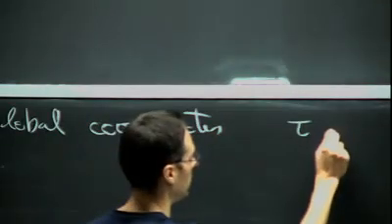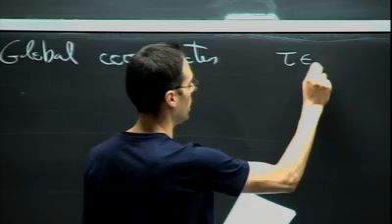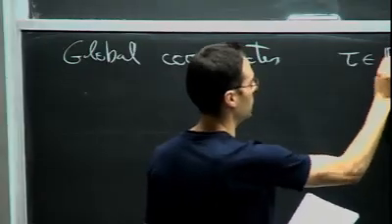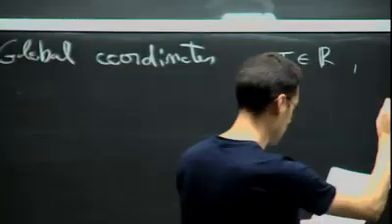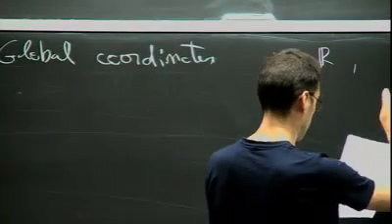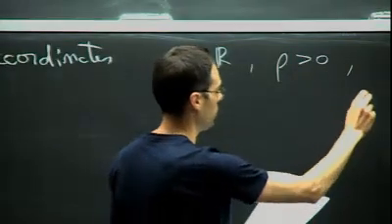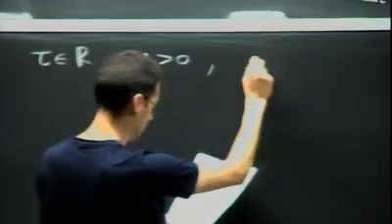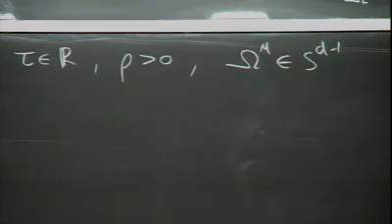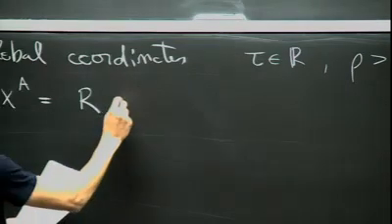So here you'll have, again, d plus 1 coordinates. You will have a Euclidean time that runs over all values of r. Then you will have a radial coordinate that is just positive. And then you will have a point in the unit sphere. And so, again, the parameterization here is just r